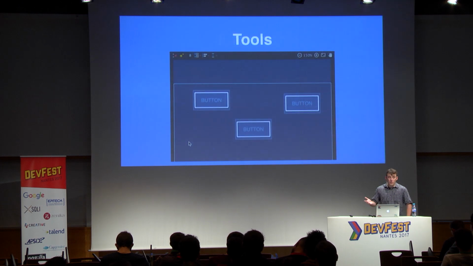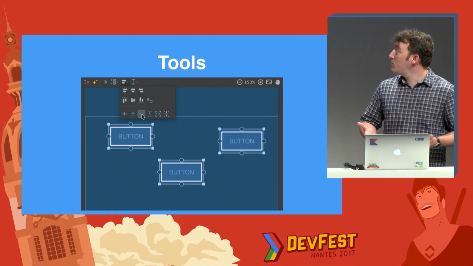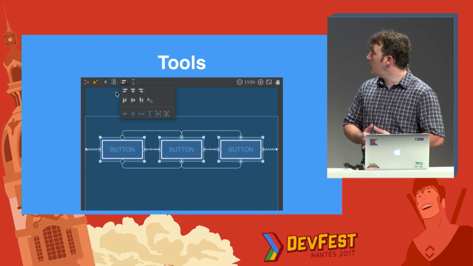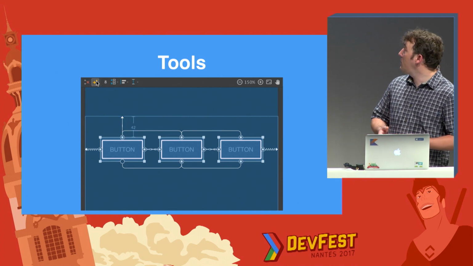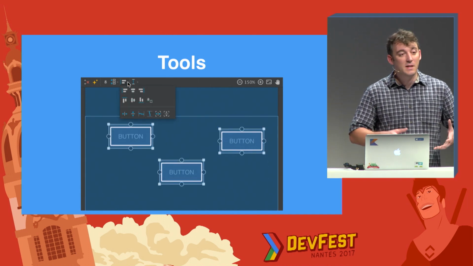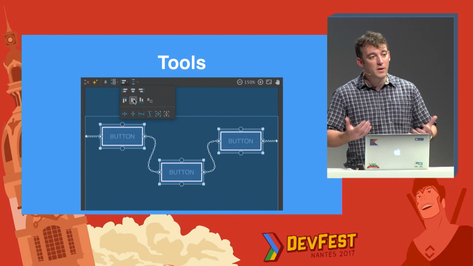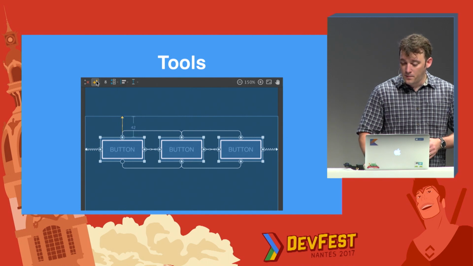So here's a quick video on how all of that works together. I'm just selecting those buttons, creating a horizontal chain, and aligning them all together vertically. Now I press the inference button, and you see that only one constraint is being created because all the rest was already constrained. It's not going to override my constraints. It's going to try to work with whatever you did. So that's the inference mode.